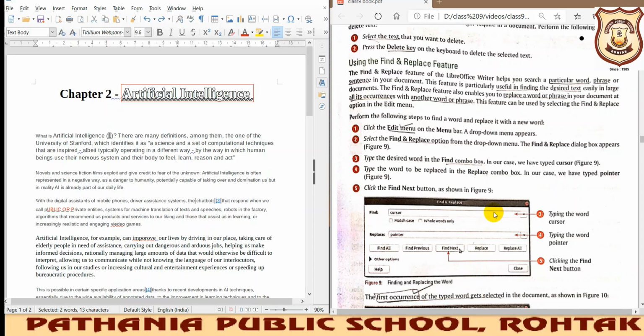Beta, we were reading chapter 8 and we have covered a few topics of LibreOffice, how to use LibreOffice. Today we will be doing the further extension of the chapter. We'll be reading this topic, the find and replace feature. I might have explained this topic in a previous lecture also, but I just want to repeat it once so that you may have a better understanding of it.